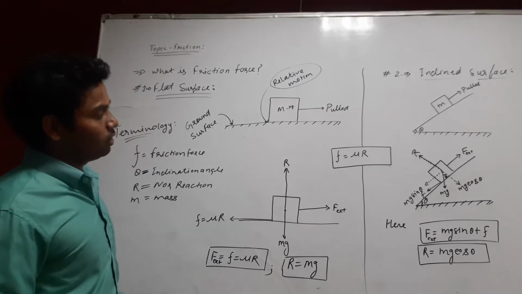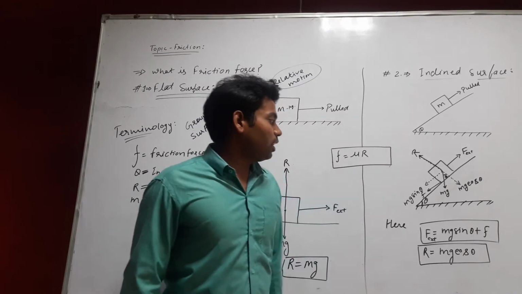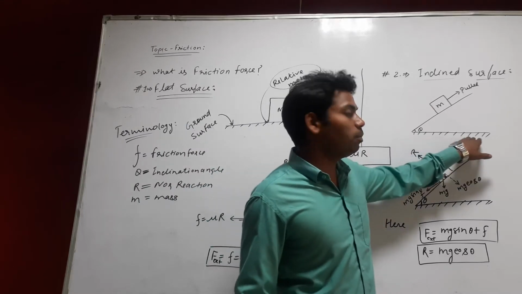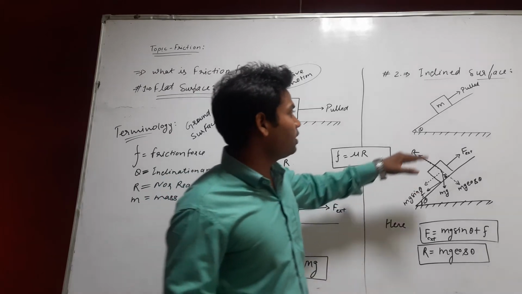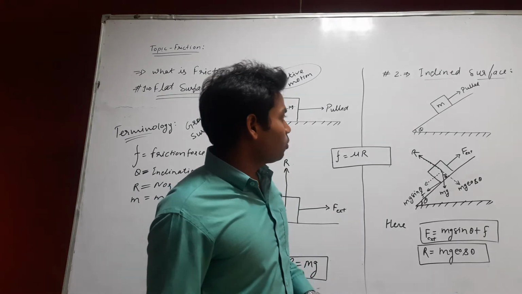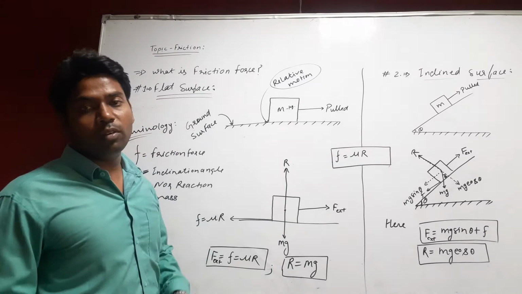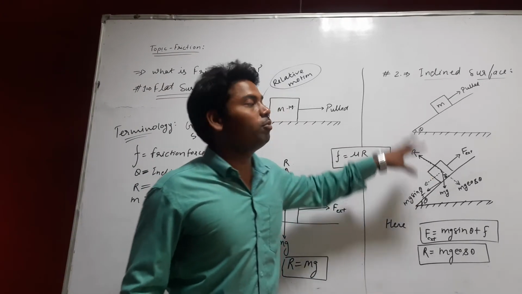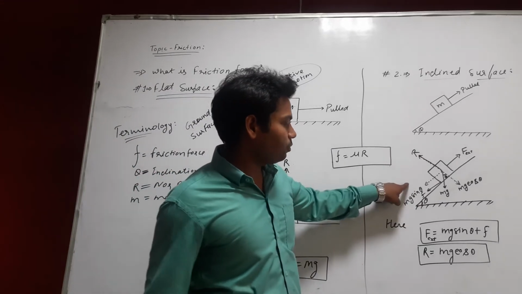Now come to the inclined surface cases. If we talk about inclined surface cases, we have this horizontal plane. Now the body is kept on a plane that makes an angle of theta with the horizontal plane. In all the problems, the first step is making the FBD of the problem. So how will you make the FBD? As you can see in the diagram,